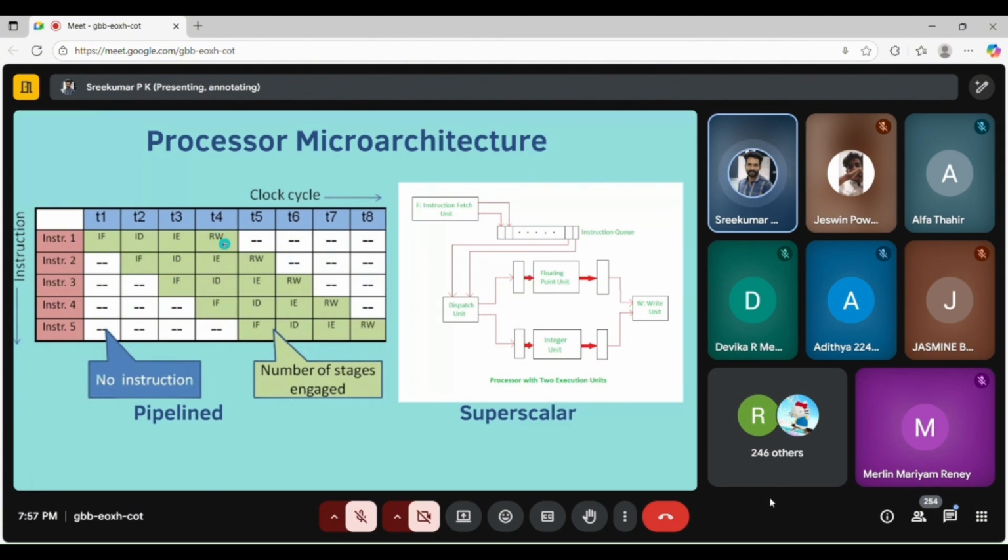At time T4, it might read or write the data based on the instruction. At that time, it executes the instruction which was previously decoded, decodes the one which was previously fetched, and also fetches a new instruction.